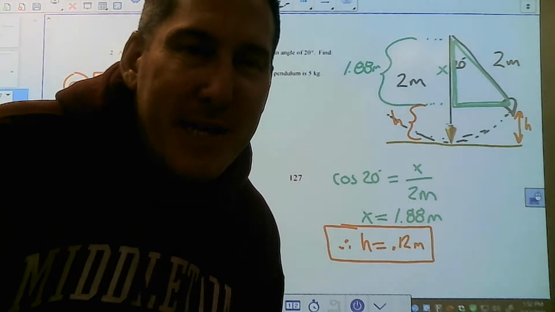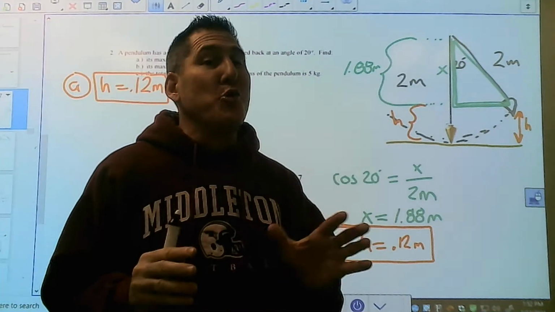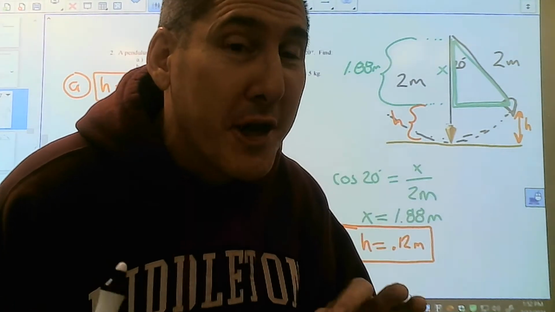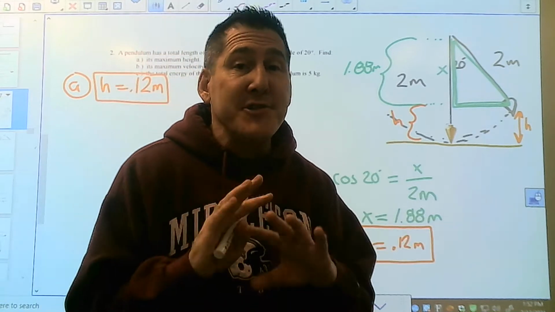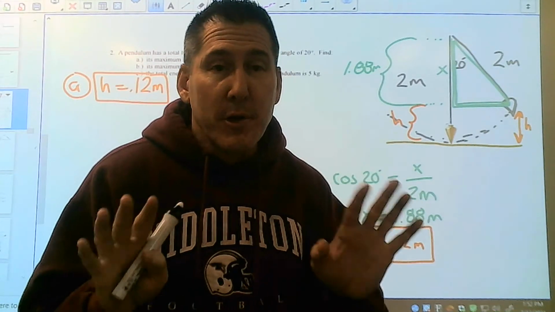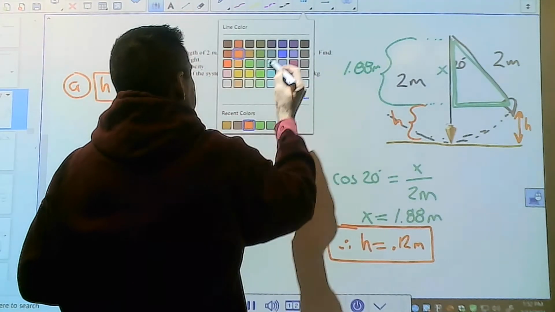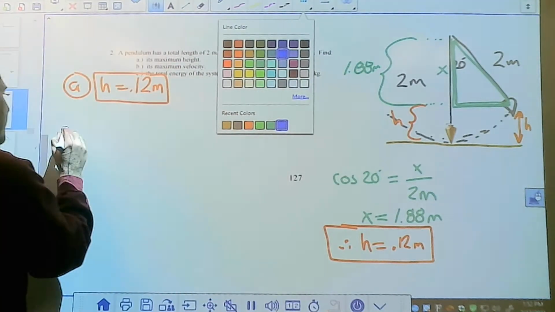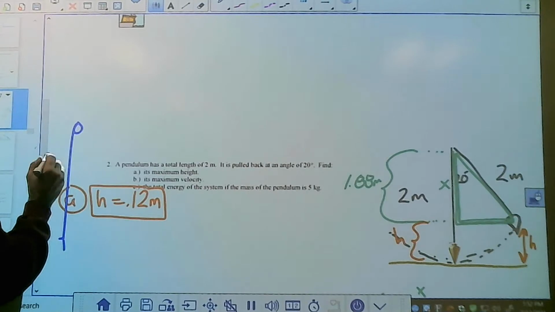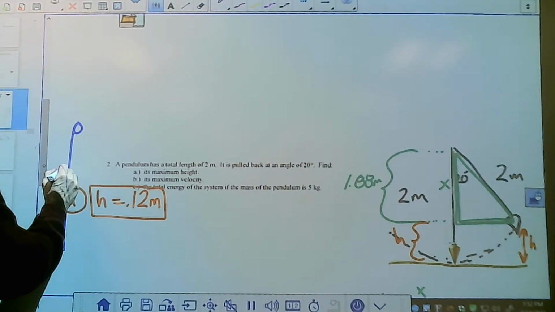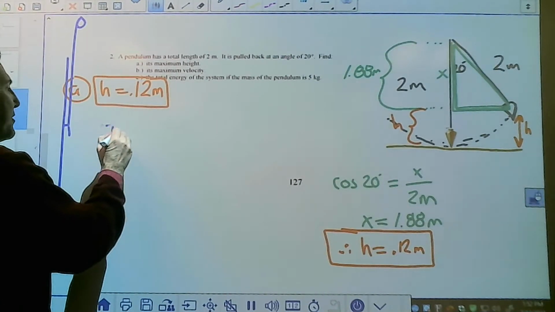Part B says, what's its maximum velocity? And here's kind of the cool thing. Might be a little confusing, but the cool thing about pendulums: the mass doesn't make a difference. So watch this. At the top,